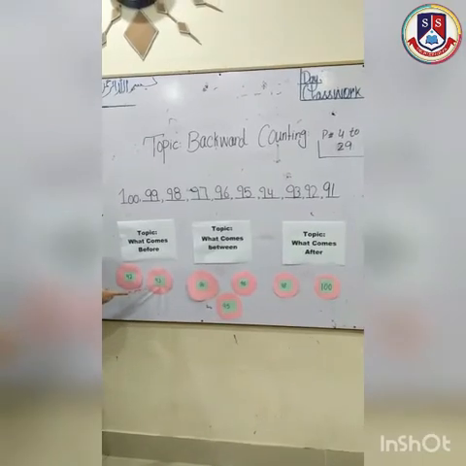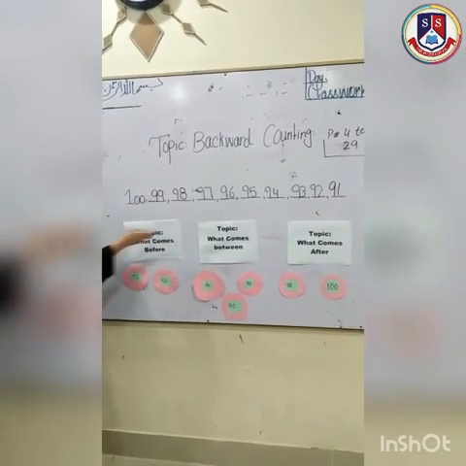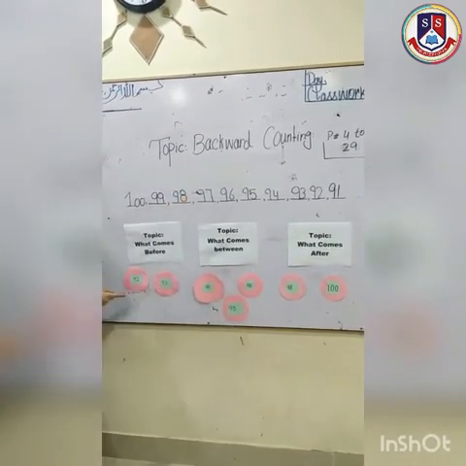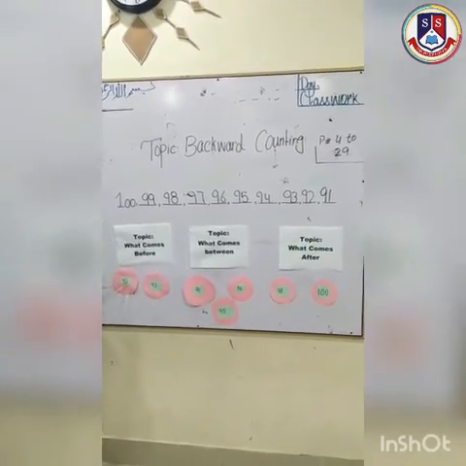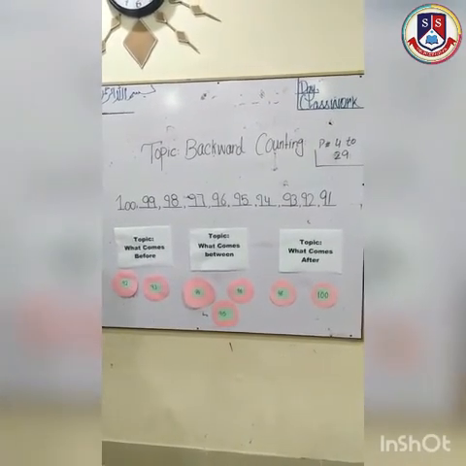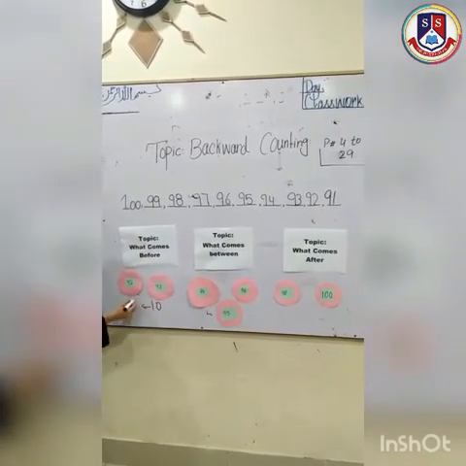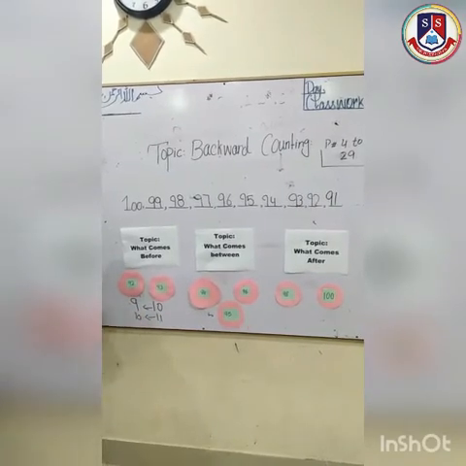This is 93 और before 93 is 92. As you can see here, before 93 there is 92. So again 93 से before 92 है. इसी तरह before 10 is 9. Before 11 is 10.